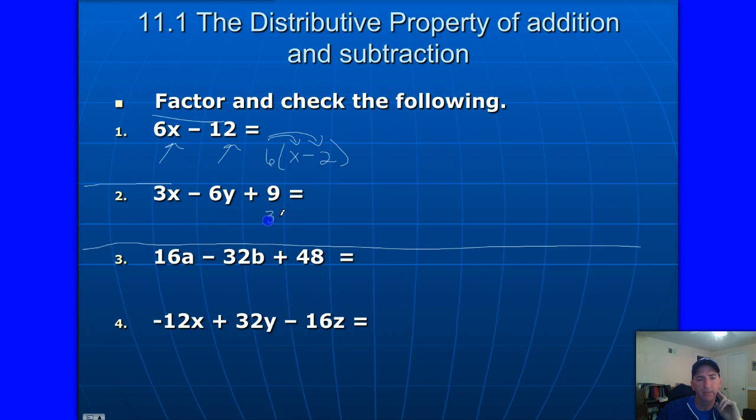And number 2 came out to be 3 on the outside. That was the greatest common factor of those three terms. And we had 1x minus 2y plus 3, because all we did was we divided each term by that factor there. So we go to number 3, and we look for that greatest common factor, and see if you can